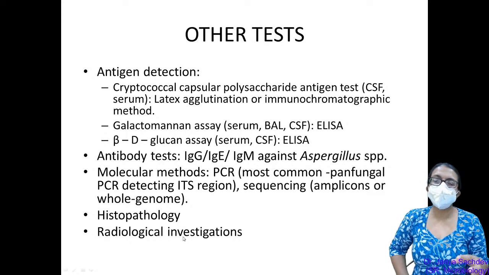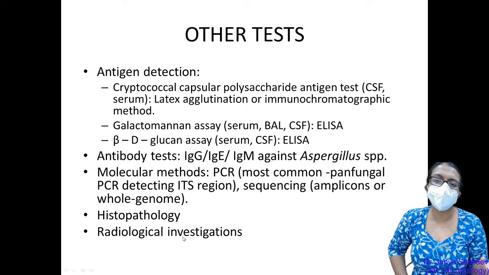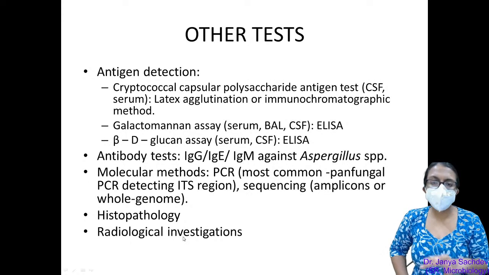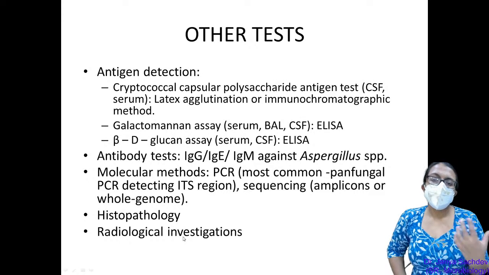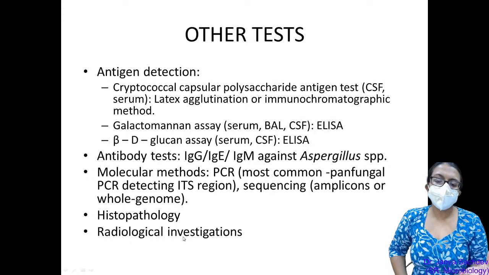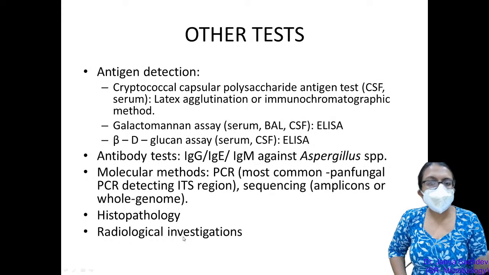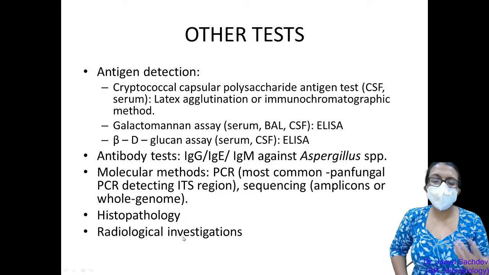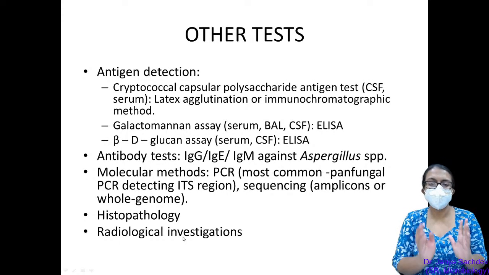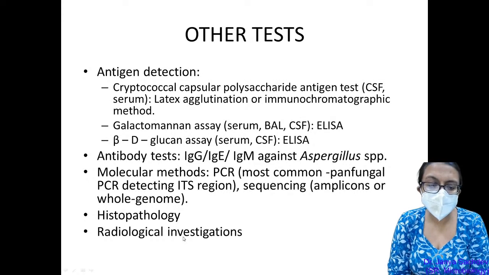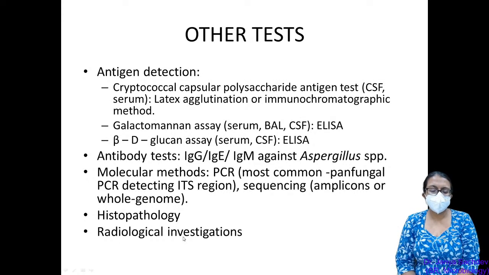For example, in the case of sporotrichosis or any other kind of fungus producing an inflammatory response called the Splendore-Hoeppli phenomenon, which you'll be studying later when you come to subcutaneous mycosis. This phenomenon is only visible in a hematoxylin eosin tissue section. And it's very important in picking up certain kinds of fungi. We do not do H&E sections in mycology, so we may not pick it up, but it may be picked up in histopath. So histopathology also plays a role in diagnosis of fungal infections, and definitely radiological investigations play a